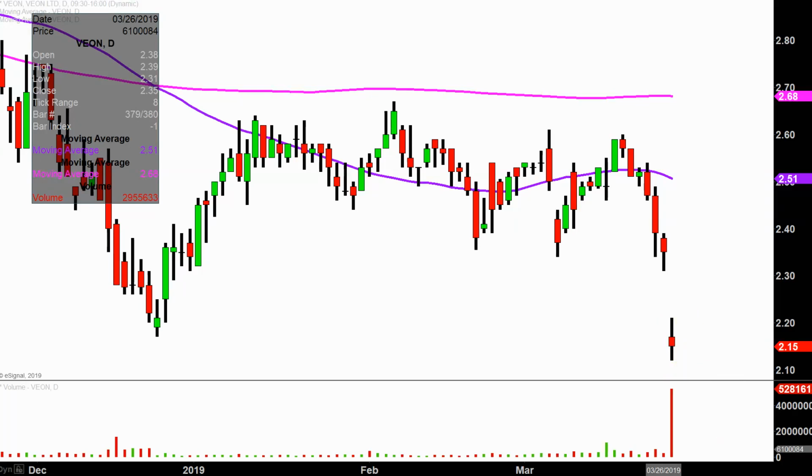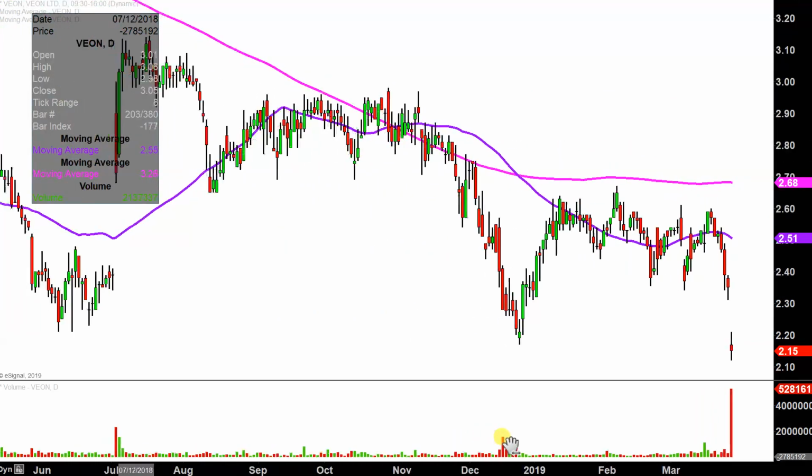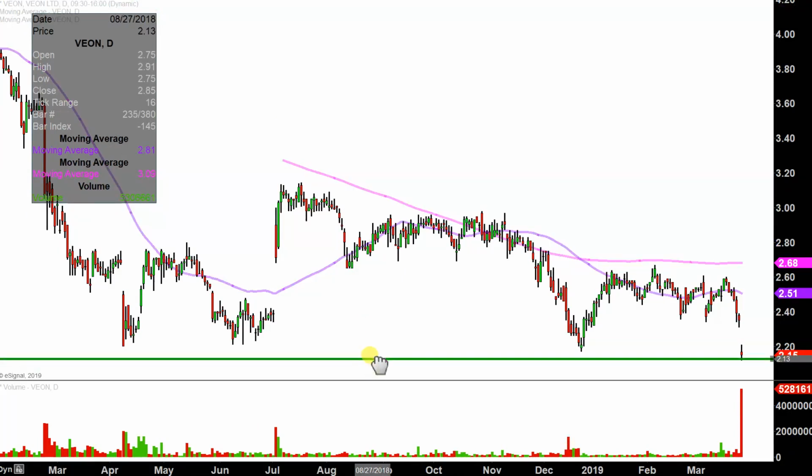Call it whatever you want, whatever floats your boat. But that's going to be this first sign that not necessarily this is a bottom, but it's not like the price gapped down and then had some sort of massive red candle. It at least showed some indecision that potentially this could be some sort of bottom. And then the other point that makes this interesting, and the chart is going to get hard to read here, but you look back through the history of the chart, and you can see that it is now down around some areas that have